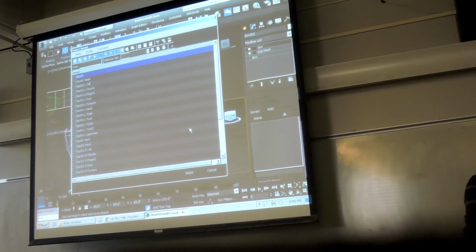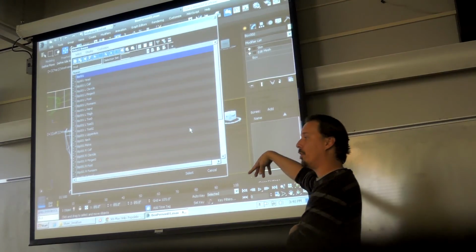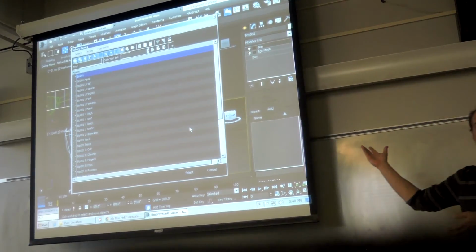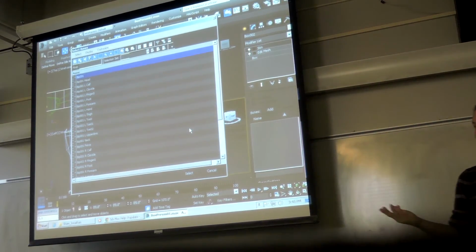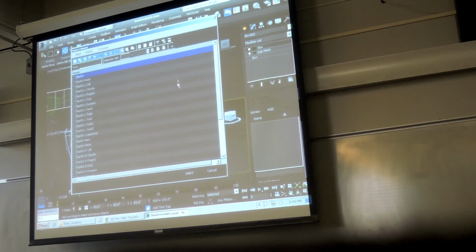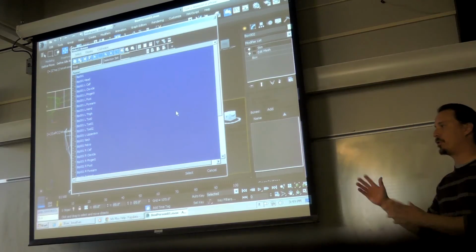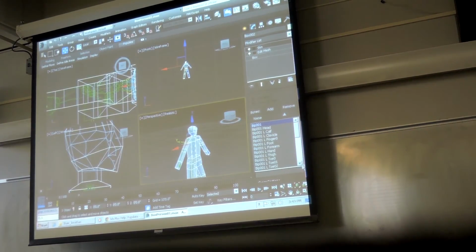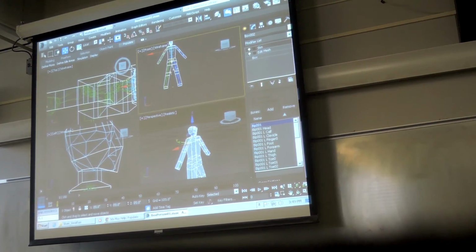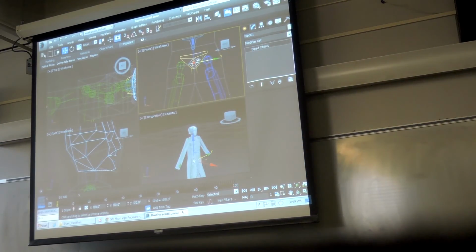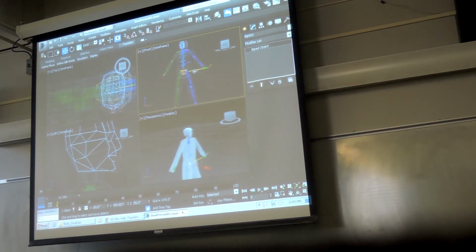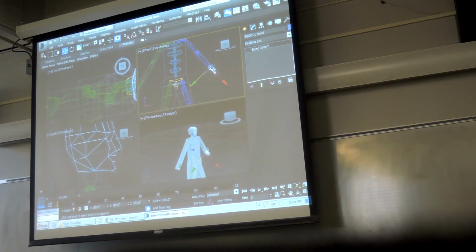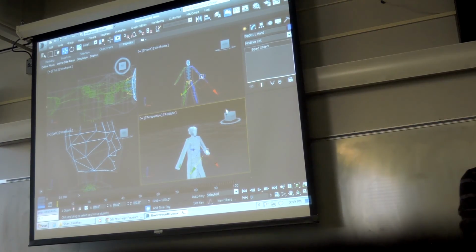And when you say add, it'll only select bones in the scene. It won't let you add other things, right? So if you have a biped character in there, when you hit add, it'll say which ones do you want to add. If you have more than one character, you have to make sure you pick the right one in that scene. We can go ahead and hit select, and then it'll just add them to this list. And then if I grab this fruit again and move it, my mesh should move with it. And then if I move the hand, the mesh should move with it, right? So now every little bit of that